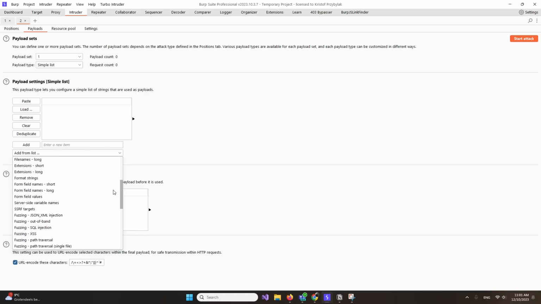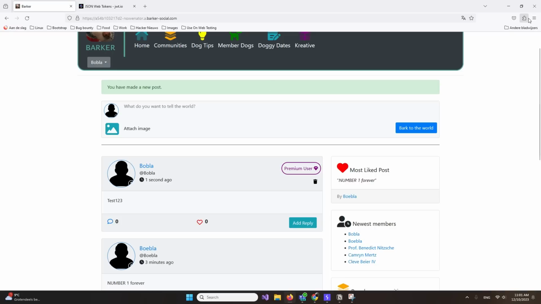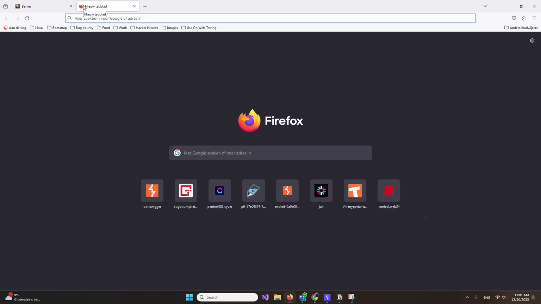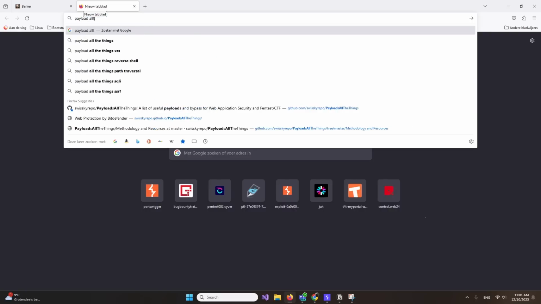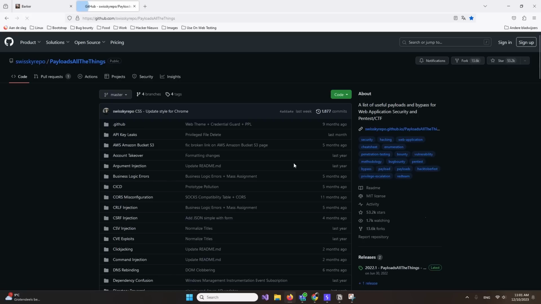No. So there's no. But what we can do then is make sure it's off. We can go to payloads. All the things, I think. And now we can probably find here,